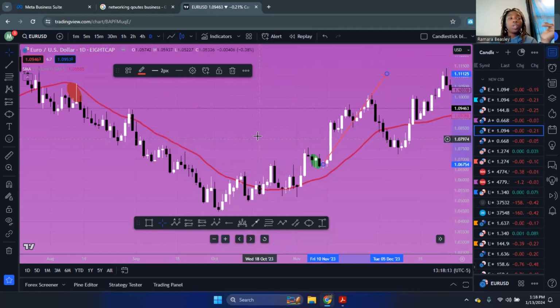Keep it simple. 21 moving average goes to simple moving average. Change your length to 21. You can change your thickness and the color of the 21 moving average if you want to. Identify if it's an uptrend or a downtrend. Find that pin bar after the pullback of the support or resistance level and trade it. Take the damn signal.